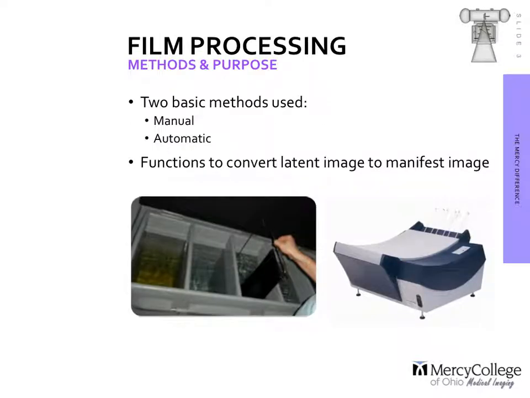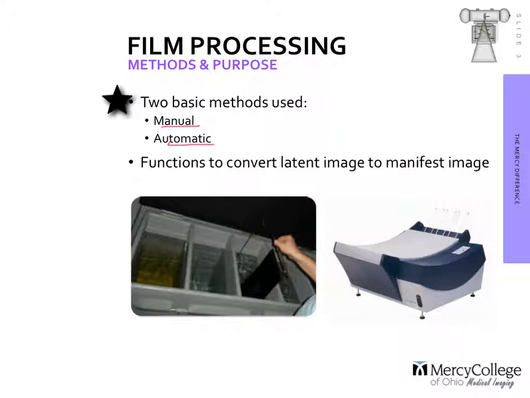To begin, let's really just think about the exposure process. So we're taking our X-ray, and our film is being exposed to that ionizing radiation. The individual image that's in our hands is invisible to the human eye, and as such, it must be processed. There's a couple different methods that are indicated here, either a manual process, which is really old school, or an automatic process. But the whole idea is to make that latent image, or that hidden image, become that manifest or